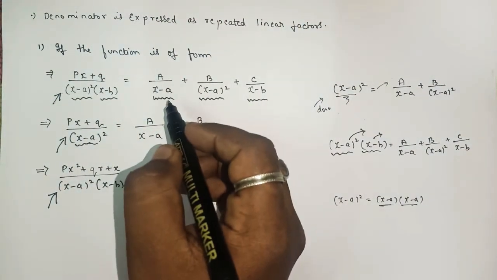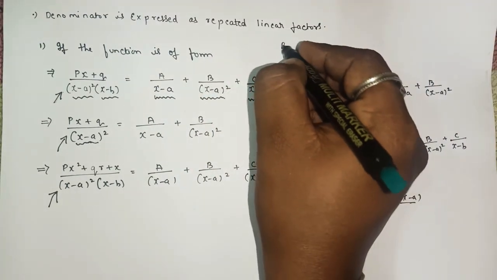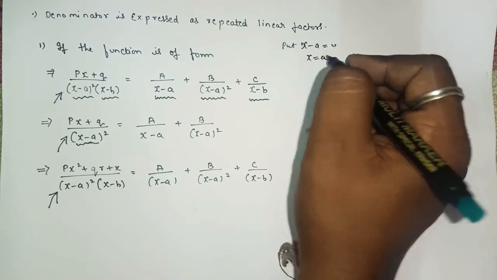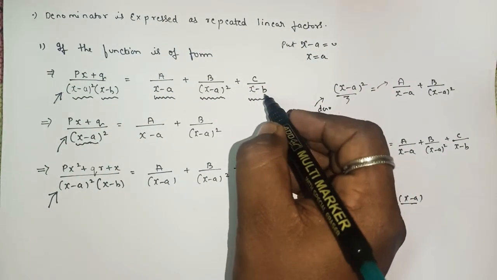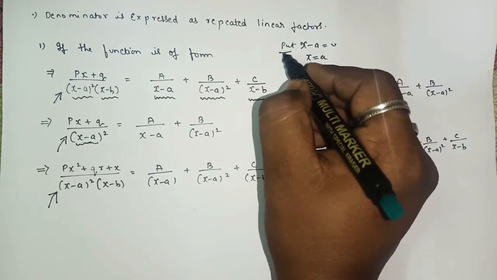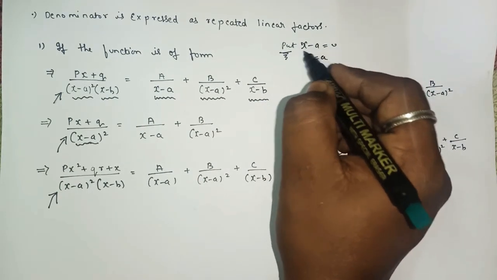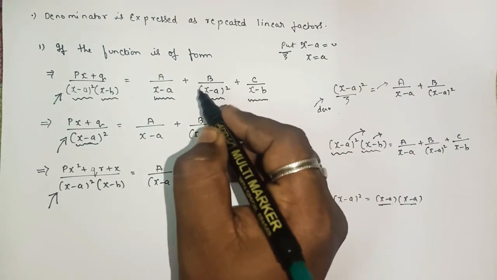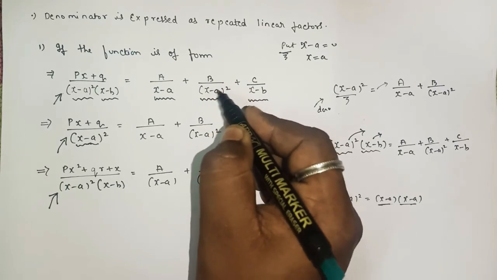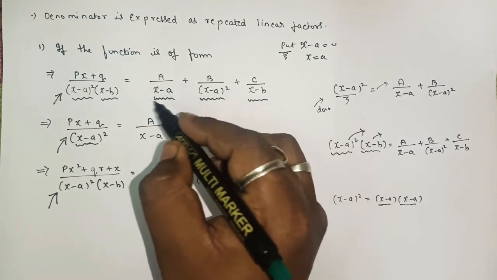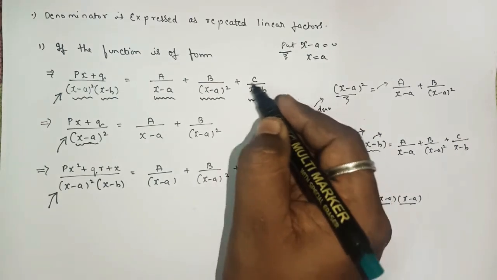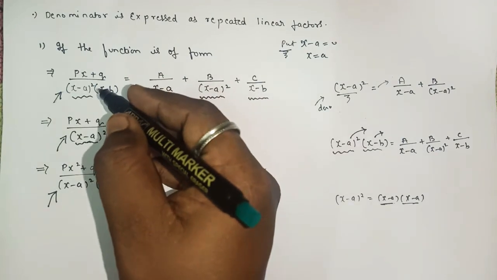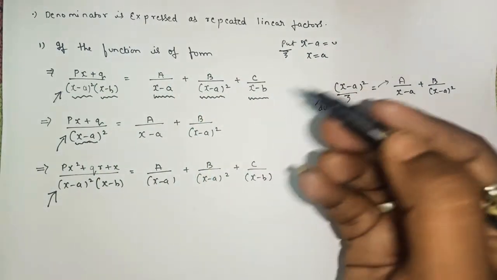How? See, we can put x minus a equals to 0, where you will get one value of x from here. And this put part, we can consider only for the linear factor. We cannot consider the quadratic part. From the quadratic we cannot find our value of x. Whenever we have a linear factor, from the linear factor only we can find our value of x, then replace the value of x and then find the values of A, B, C.